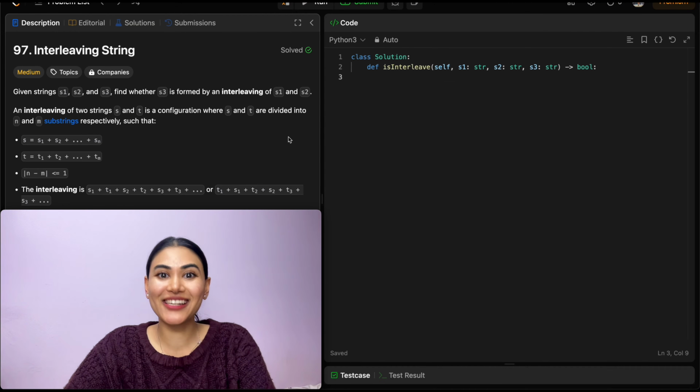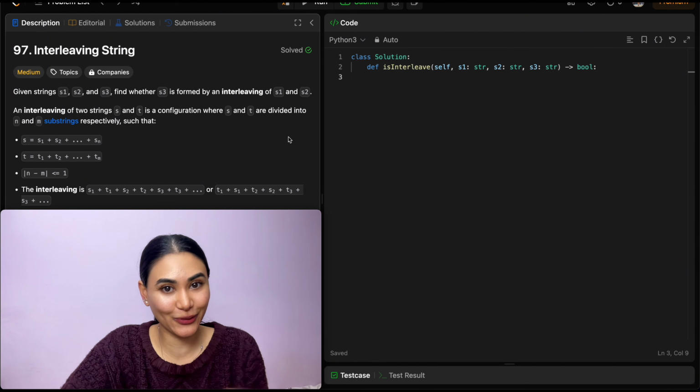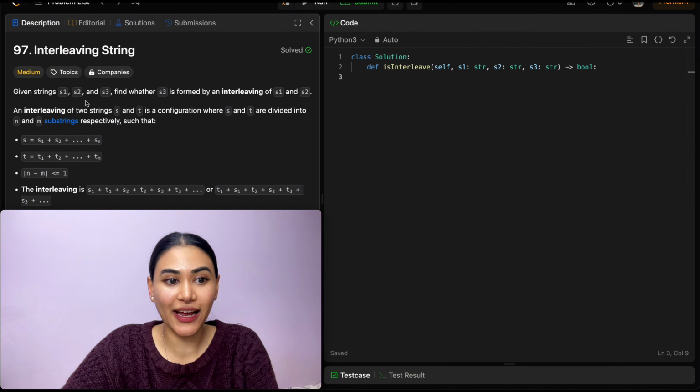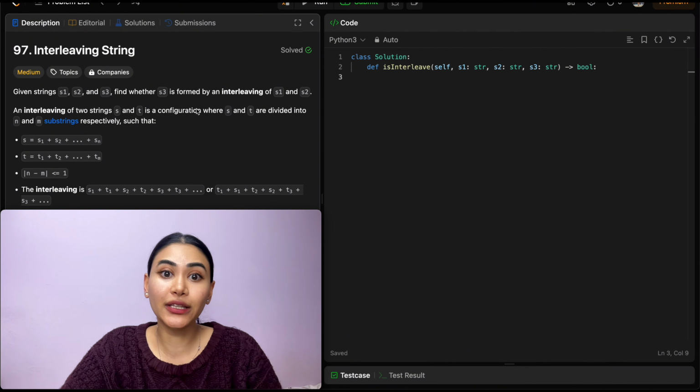Hello and welcome. Today we're doing a question from LeetCode called Interleaving String. This is a medium. We're going to jump right into it. So given strings S1, S2, and S3, we want to find whether S3 is formed by an interleaving of S1